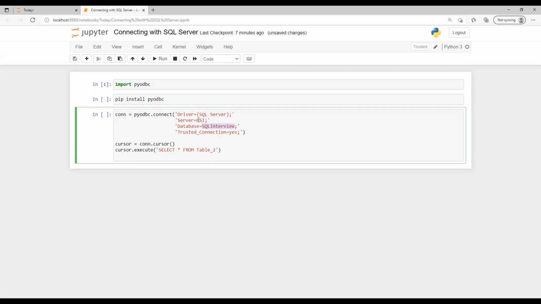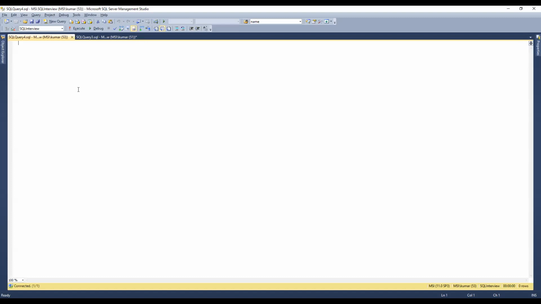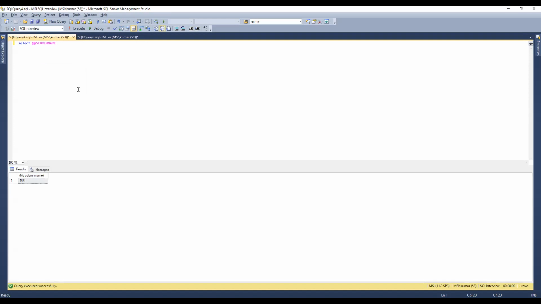Okay. So the server name, how can we get that? To get the server name, what we need to do is go there and put select @@servername. If you run this, you will get whatever the respective server name is for you.